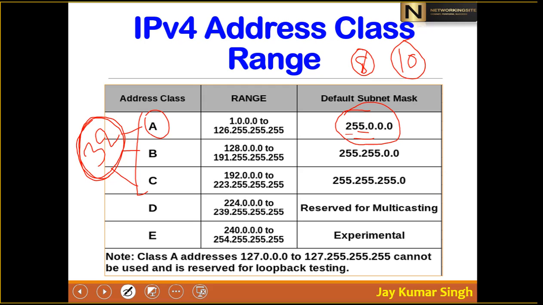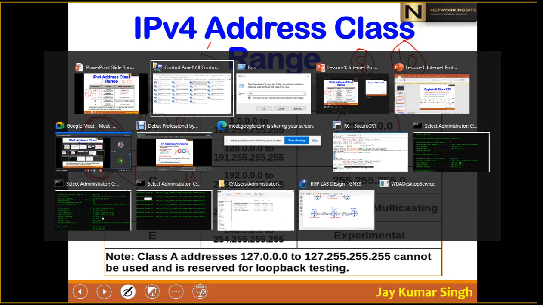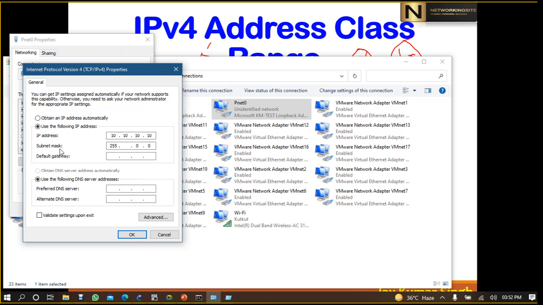But by default, they have given class A 8-bit, class B 16, and class C 24, right? So 8-bit equal to 255. So you can see here that when I wrote a class A IP,